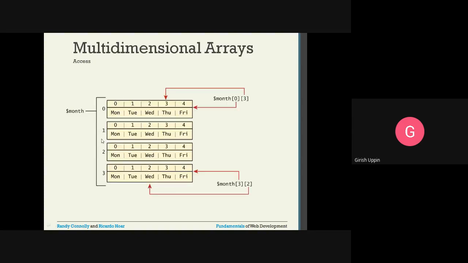So I have 4 rows, 0, 1, 2, 3, and there are 5 columns, starting from 0 to 4 index. That's why month[0][3] is this one, the 0th row and third column, key having the value of 3. If I say [3][2], it will come to the third row, and this would be the column, that is Wednesday.